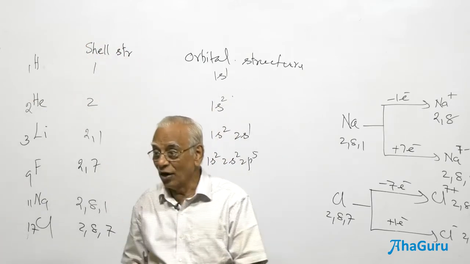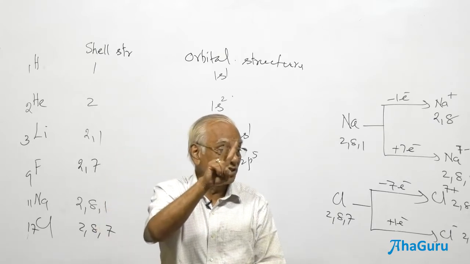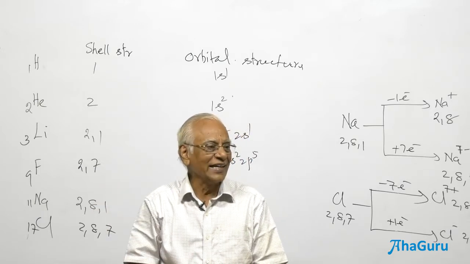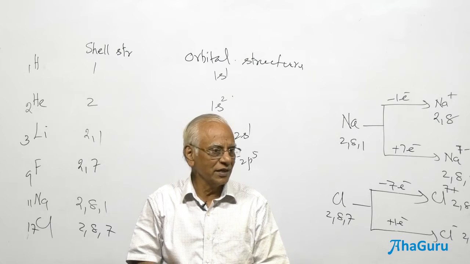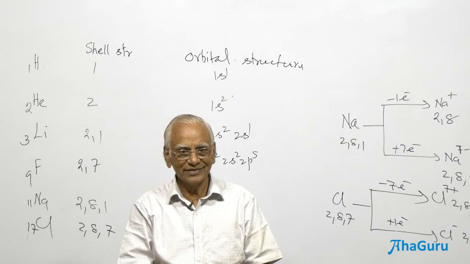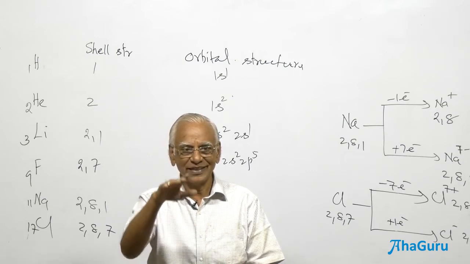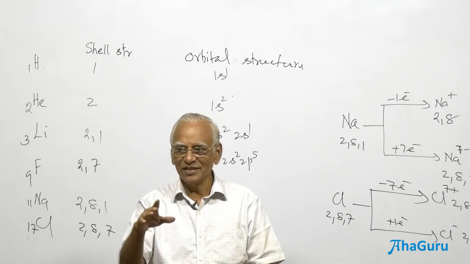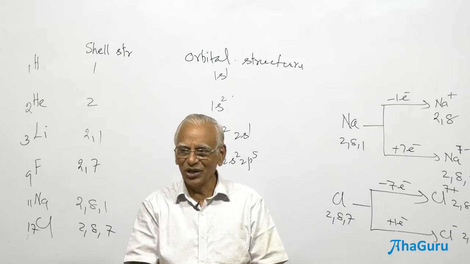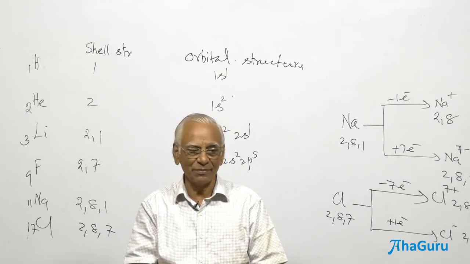The metals, all of them: the number of electrons is 1, alkali metals. The number of electrons in the last shell is 2, group 2 metals. What are the group 2 metals known as? Alkaline earth metals. Isn't it? You have heard of it? Can you name them? Beryllium, magnesium, calcium, strontium, barium. Make a note of it. Group 2, alkaline earth metals: beryllium, magnesium, calcium, strontium and barium.